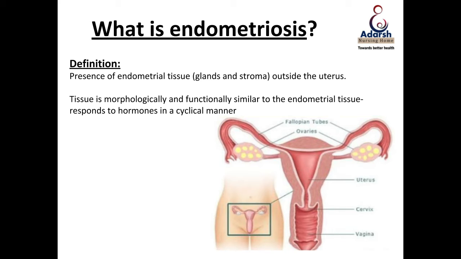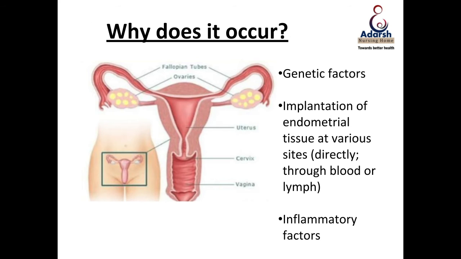While this endometrial tissue is in the uterine cavity, if it grows and sheds, the body has a cavity that leads to the exterior, and this blood comes out as menstrual blood. But if this tissue goes and sits elsewhere, there's no outlet to it. So it keeps collecting. And specifically, if it collects on top of the ovaries, it forms a cyst. So therefore, you get a cyst or an endometriotic cyst of the ovaries. That is basically what endometriosis is. It's basically the presence of the lining of the uterus, the endometrial glands of the uterus, outside the normal uterine cavity.